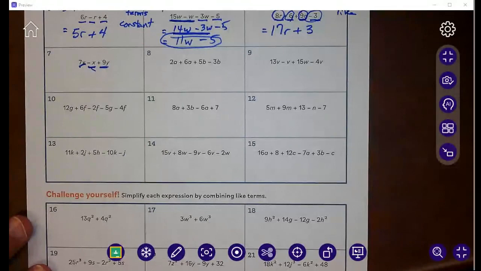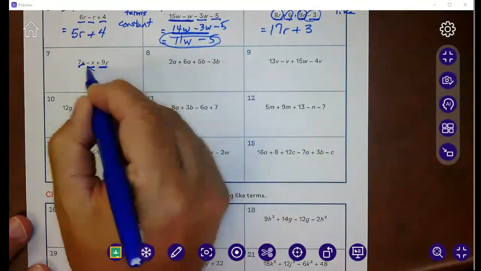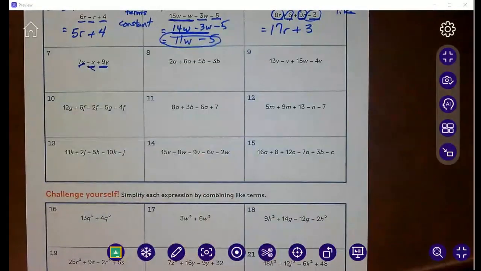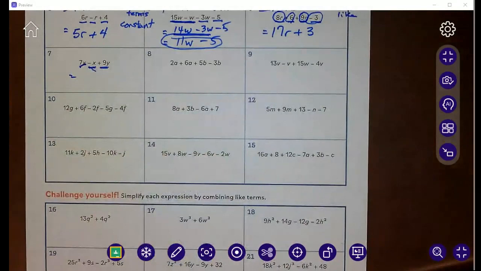Careful, go back and look at that. It's 7x, but it's not 1x. There you go. 7x and -1x. Okay. All right. If we put 7x and -1x together,